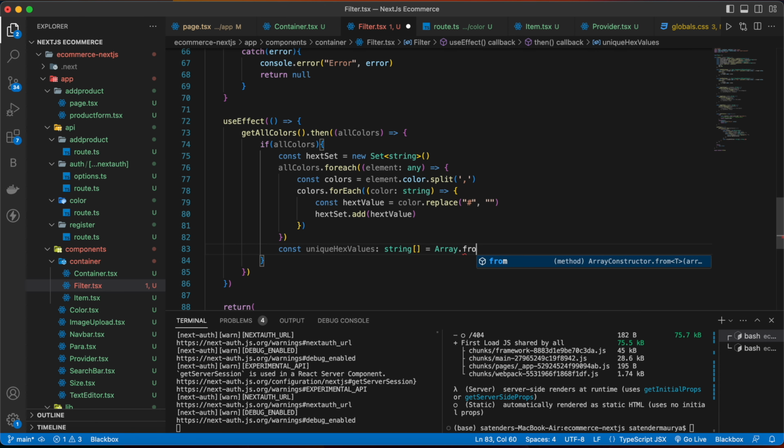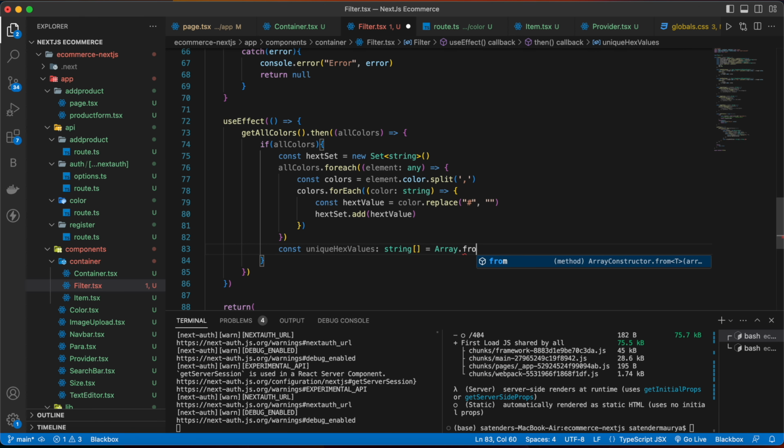And this useEffect works only when the page is loaded, so we can provide an empty array here. Then const all hex value is equal to all hex values.